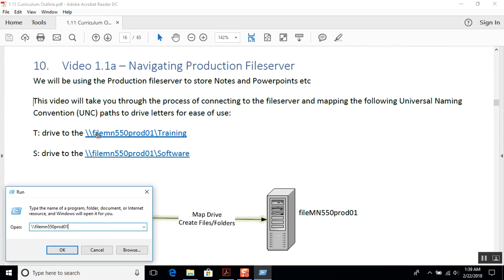So our system is the first 4 letters, so to speak. File is indicating the function of this device, so that's a file server. The next 5 characters is the location. So in Minnesota, this is our site 550. Now in our case it's the only site because Transcend only has one site at this point, but in a large company like, let's say, 3M or Best Buy or Unisys, those very large companies, they're going to have hundreds of locations. So having some kind of site code like this is really useful, and having it follow a